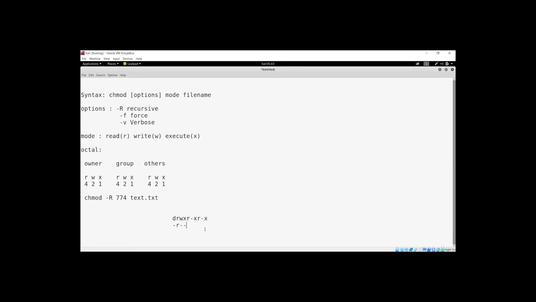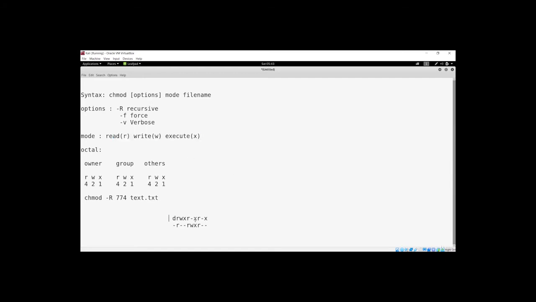If it was something like r--, rwx, r--, that means it is a file where the owner can only read the file, the file group can read, write and execute the file, and the other users can only read that file. They cannot write to the file or execute it. This is basically the mode of operations here.